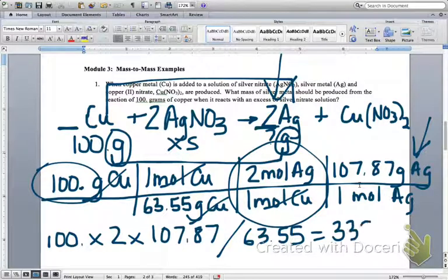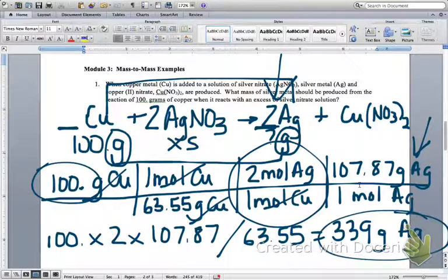Good job. 339. And as Jackson included there, units, that is grams of silver. So 339 grams of silver is how much silver would get produced from the reaction of 100 grams of copper with excess silver nitrate. Does that make sense? Okay? So, you guys,